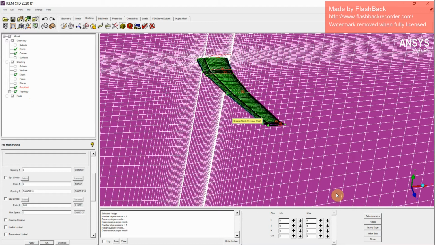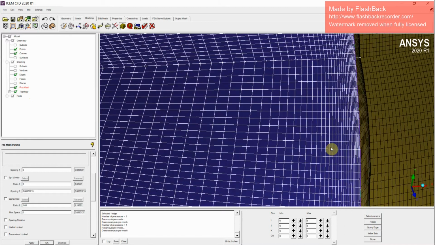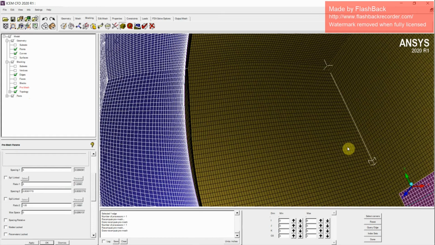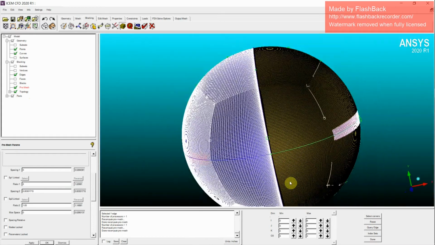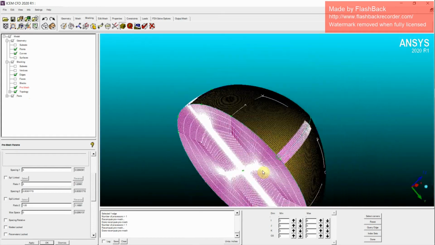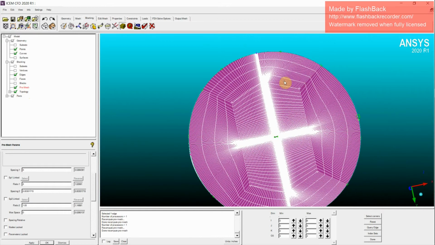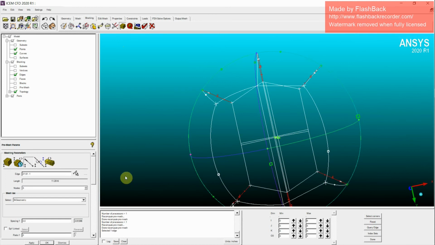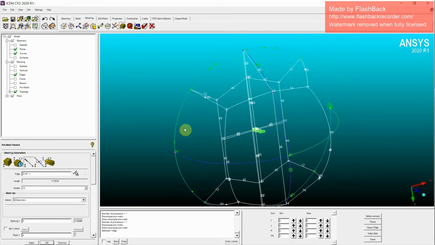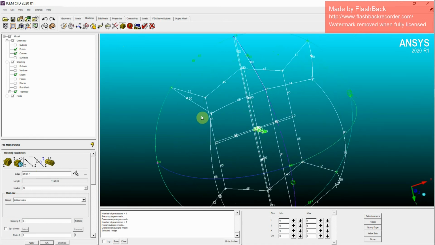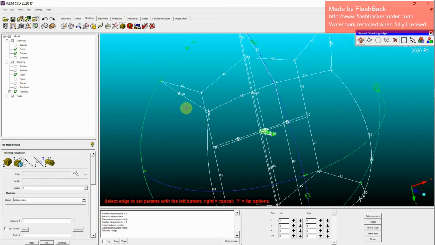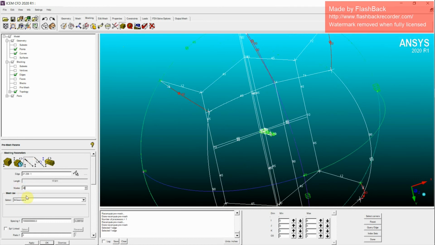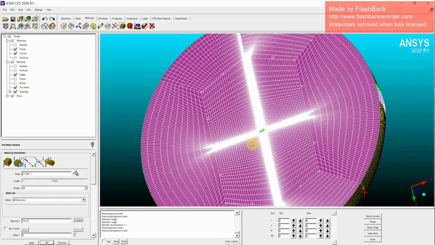So let me just reset and see how outer mesh looks now. Since the number of elements is very high, it's taking a pretty good amount of time to scroll. So we have to give number of elements with respect to these edges too. Let me just switch off the pre-mesh, and we'll give number of elements as 12, and I'll switch on the counts to see what number of elements we have already given. So that will be 12, and this is actually given as 8. We'll increase it to 40. That will be enough, and we'll pre-mesh it.